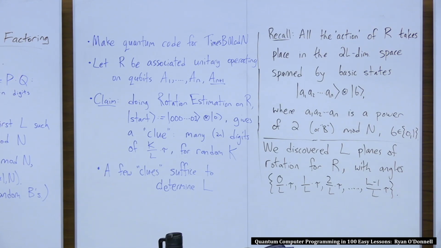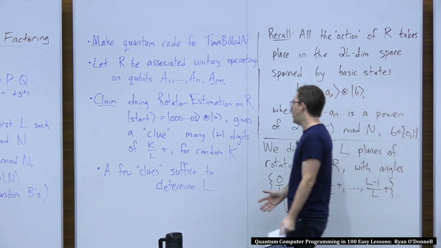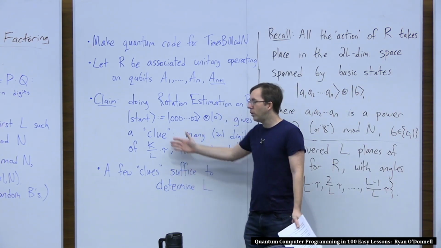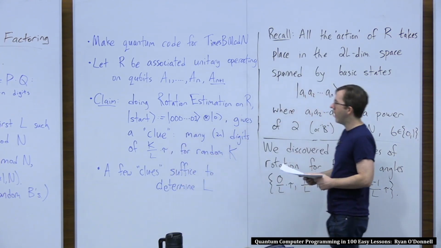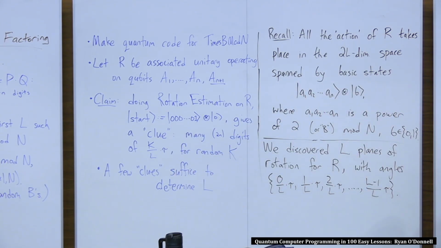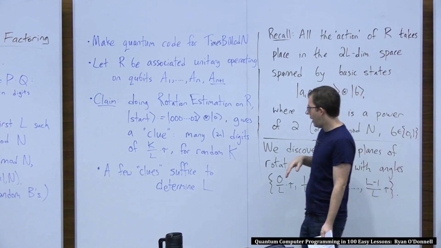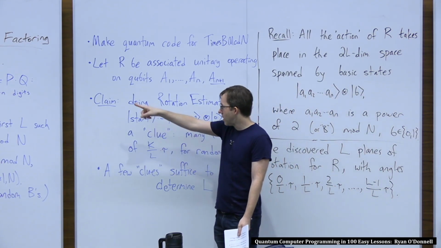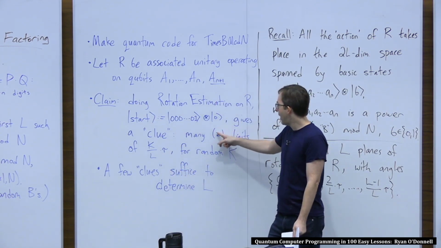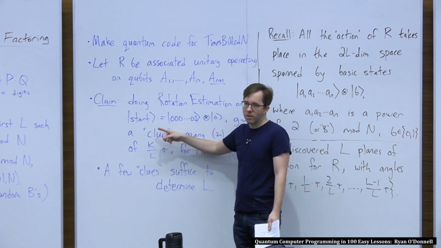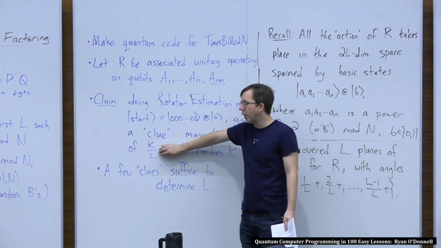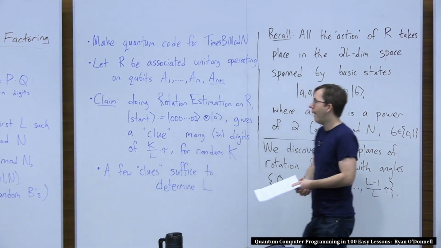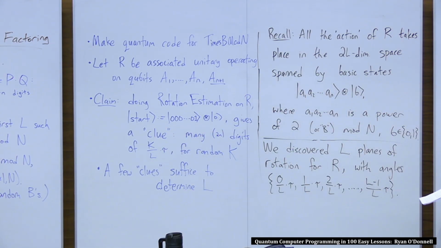And we would love to know, for example, just the fraction 1 over L or 2 over L or something, but we get this random clue. But then I tried to illustrate to you that just a few clues like this suffice to figure out L. In fact, we didn't quite do it this way, but it's not hard to show that if you know that L is at most n digits long, and you get 2n digits of this random fraction, there's an efficient algorithm that figures out what this fraction is in lowest terms. And that's more or less enough to get you